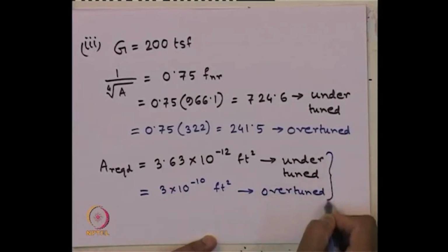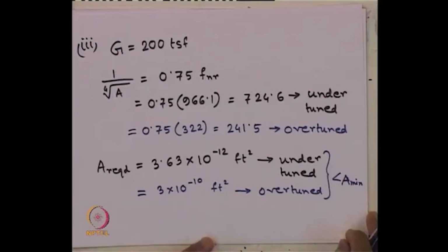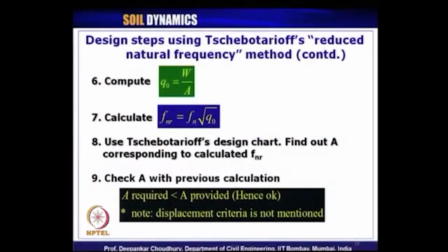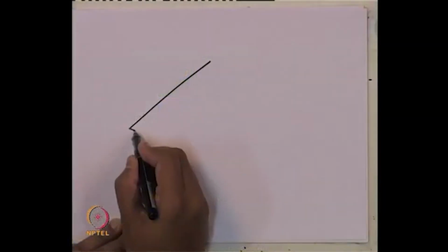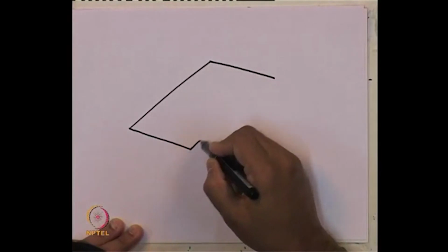Again, both calculated values are much less than A minimum based on the base plate dimension. So, what does it mean from these calculations using Tschebotarioff's method? That whatever size we had provided for the block foundation,